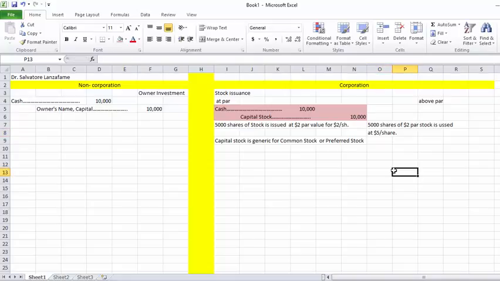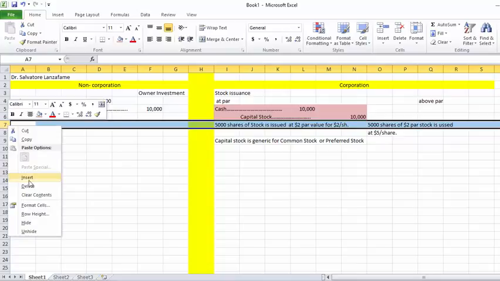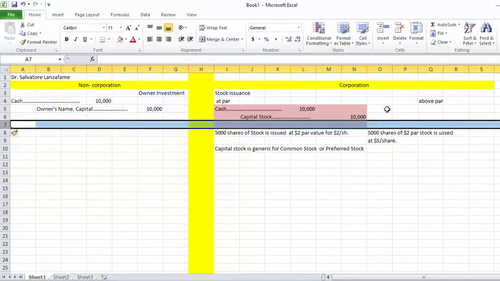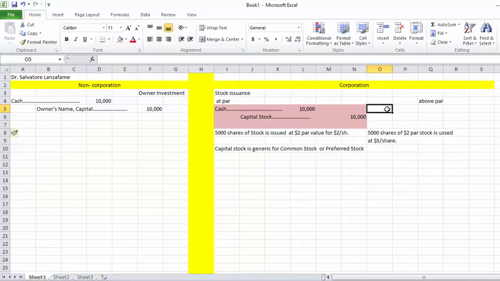So notice this time our stock that's valued at $2 a share, we're issuing it for $5 a share. Okay, so we're going to need an extra line here. So let's say the journal entry now is going to look like this. We're still going to debit cash,